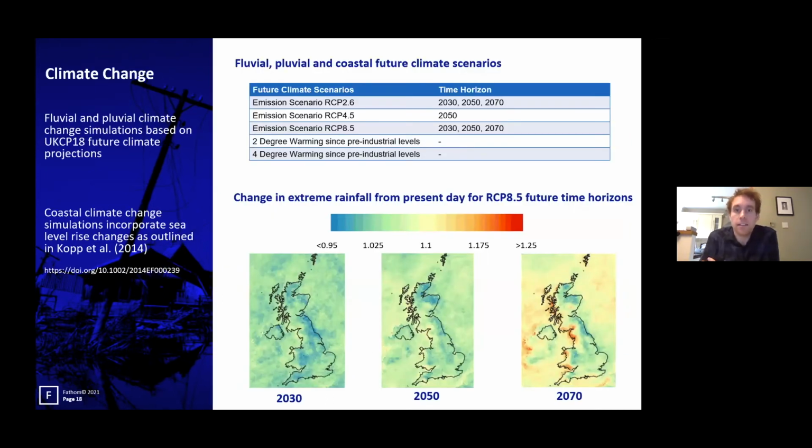As mentioned at the start of the webinar, not only have we undertaken modelling to understand present day flood risk, but we've also simulated future climate change scenarios as well. And so we think this is really important as the UK climate and surrounding sea levels are expected to change significantly into the future. And we believe it's important to understand the impact that these changes would have on future